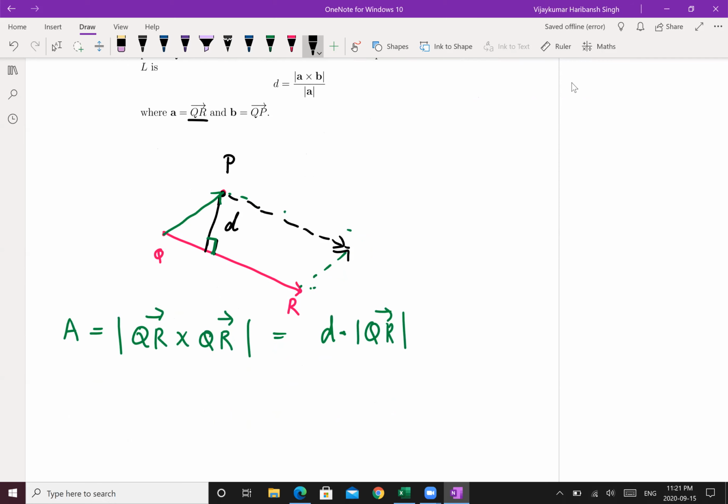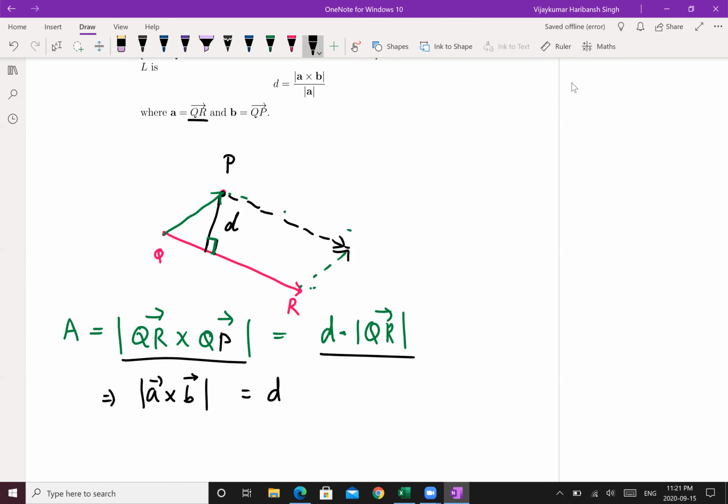So on one hand, it's given by the cross product. On the other hand, it's base into height. Base is QR, height is D, because it's a perpendicular from that point. So this implies QR, which is length of vector A, sorry, QR times QP, my bad. Because it's QR times QP, this vector times this vector, right? Times B